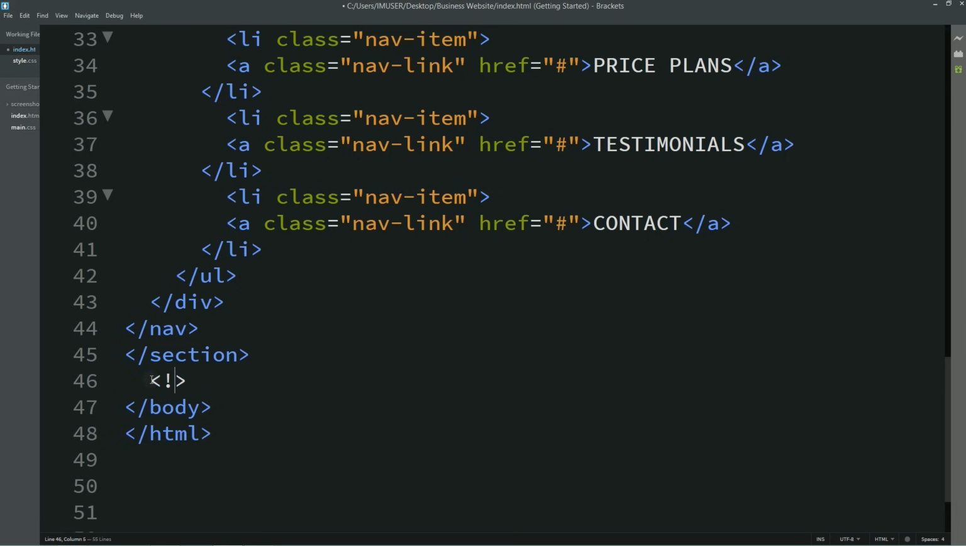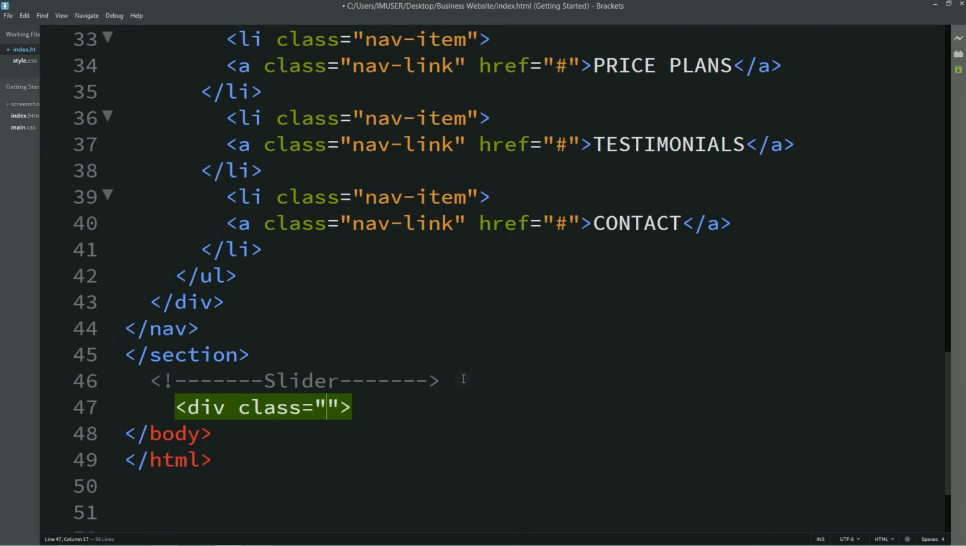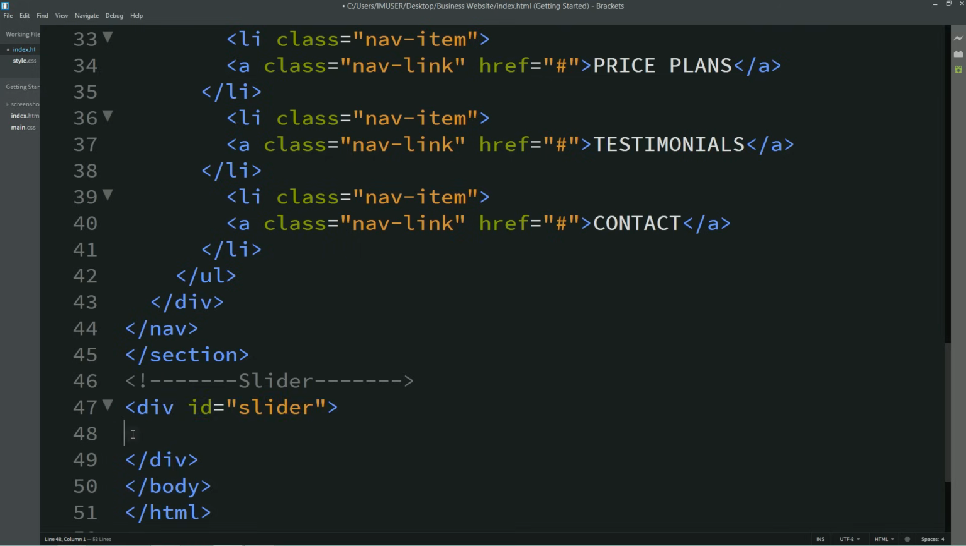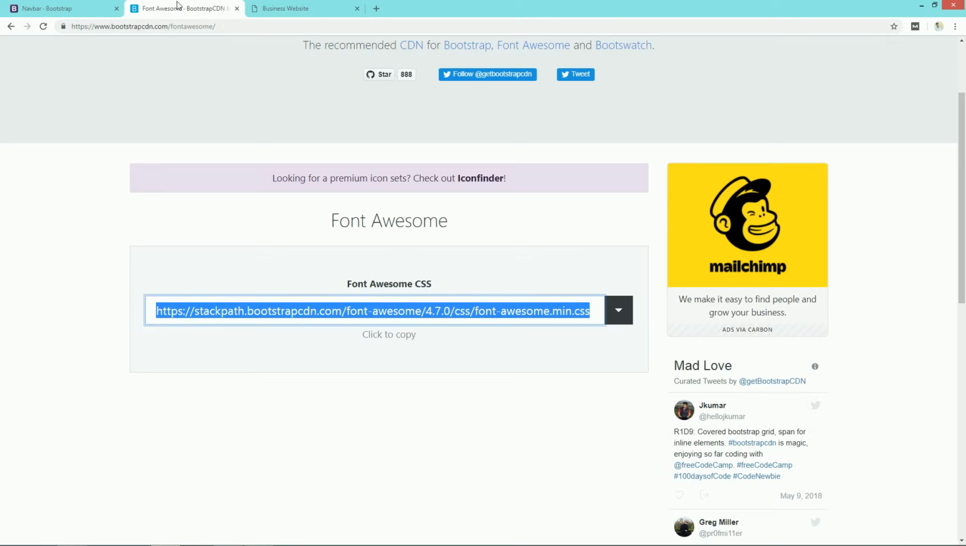Here I'll create one more section. I'll write one comment here, slider. After that I'll create one div. I'll give an ID slider, okay, and give a space. Just go back to your Bootstrap page,